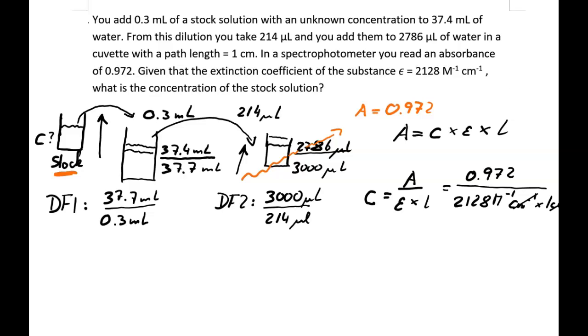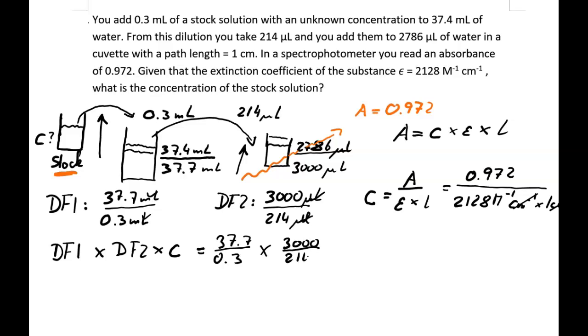Okay, so all we need to do to find the unknown concentration is we have to calculate dF, our first dilution factor, times the second dilution factor times the concentration that we just calculated. And we can put in numbers, so we can do 37.7. We see the milliliter cancels out, over 0.3 times the second dilution factor, that's this one, and again the microliter cancel out. We have 3000 divided by 214 and times the concentration that we have here,